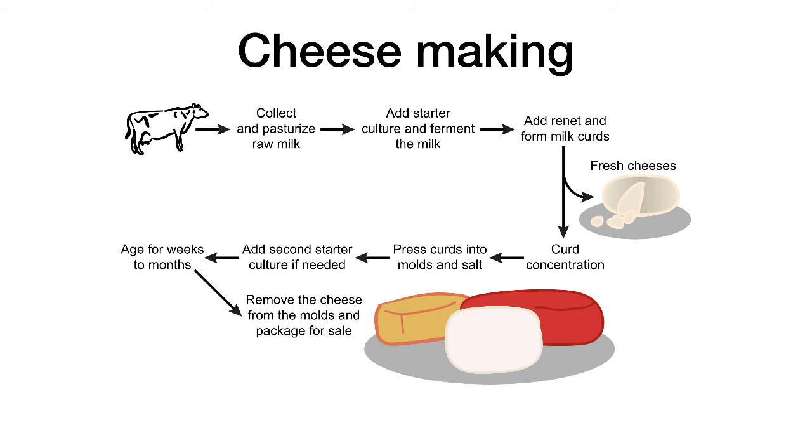For hard cheeses, squeezing of the curd and pressing it into a mold removes the water. This excess water is whey and is a source of whey protein. Aging the cheese for weeks to years gives it distinct properties, and the method of aging, how much salt, the addition of starter cultures, the temperature of the room, etc., dictates the kind of cheese that's formed. After aging, the cheese is removed from the molds, packaged, and sold to consumers.